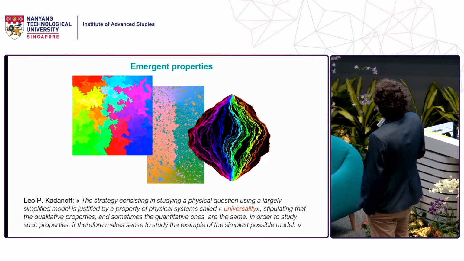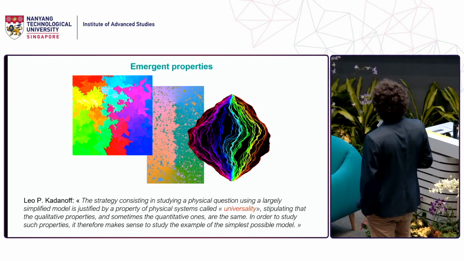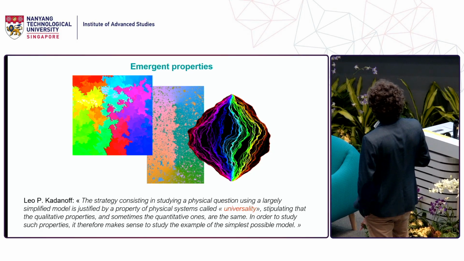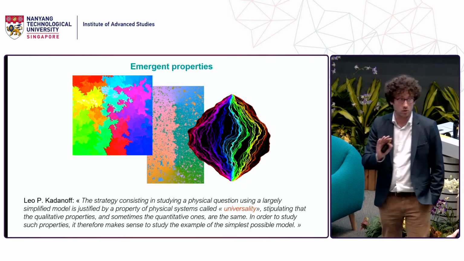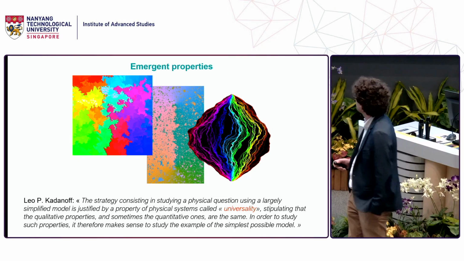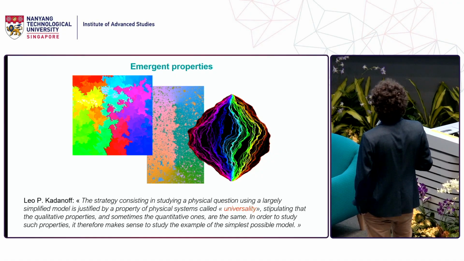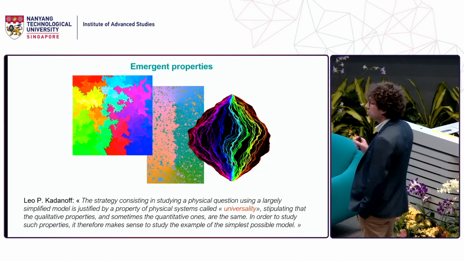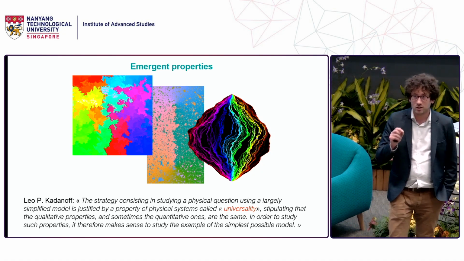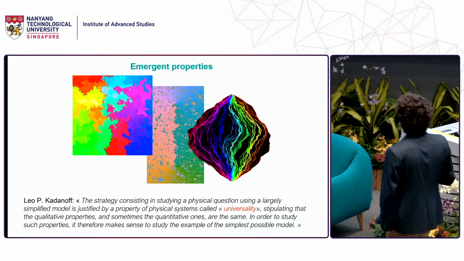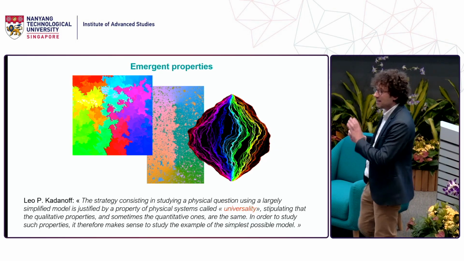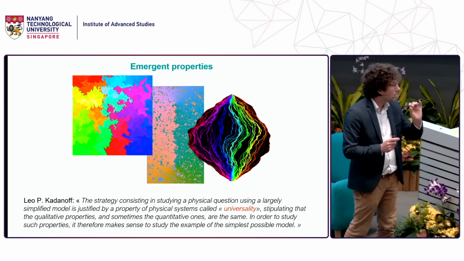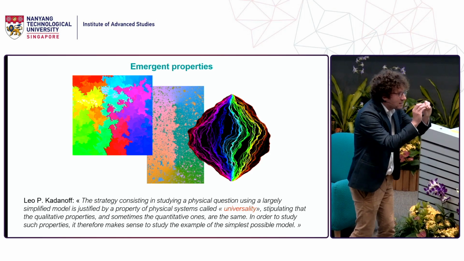And I'm going to actually quote his words because I find them very enlightening. He's saying the strategy consisting in studying a physical question using a largely simplified model, we are clearly in this context here, is justified by a property of physical systems called universality. So what universality means is that the behavior, basically, of your system doesn't really depend on the very delicate definition